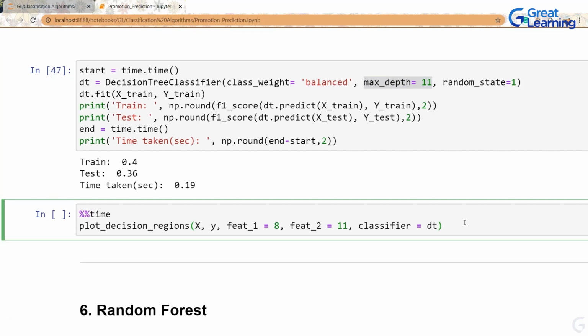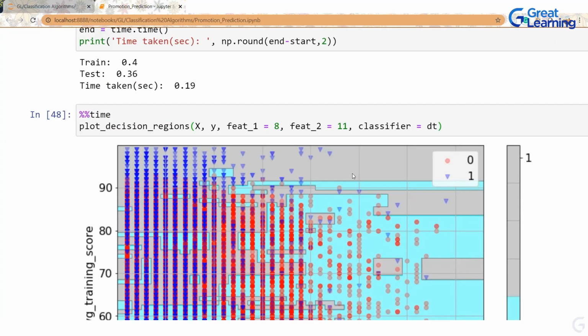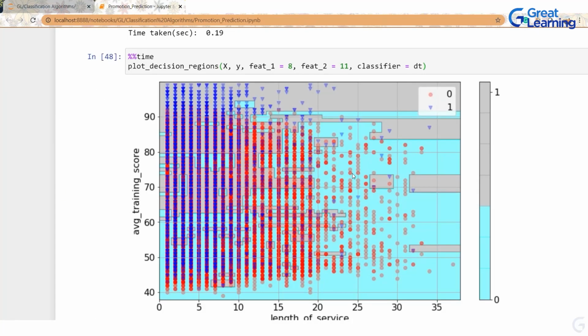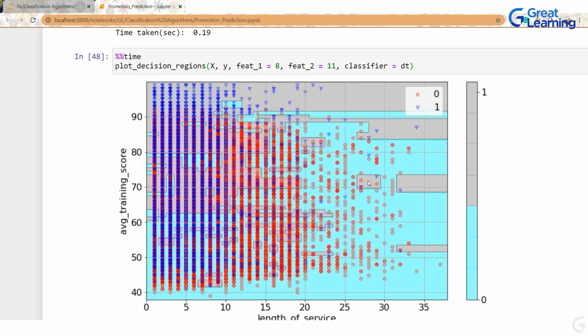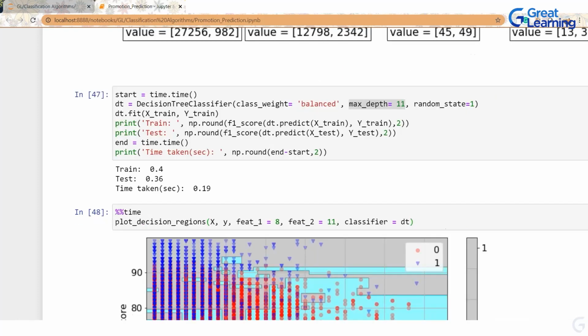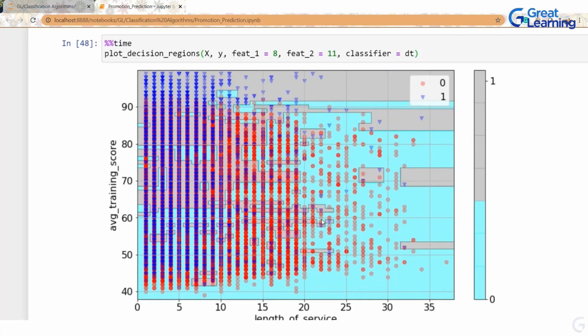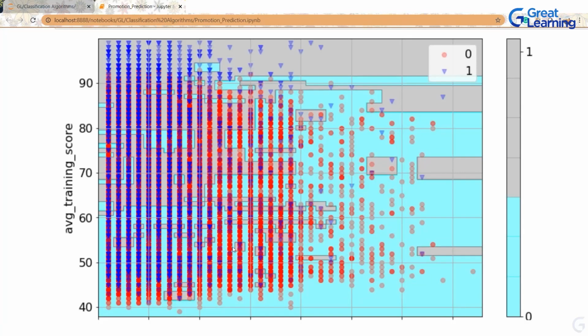Let's understand this with decision boundary as well. Now, if we look at decision boundaries of decision trees, they are in shape of boxes. We take these square decisions, and in a way, like the chart that we were drawing over here, it comes out with values. If x9 is less than or equal to 0.5, then split it. That means these are the kind of decisions which are being taken in a line over here. And again, you see that there are some tiny gray boxes over here, which is again a classic sign of overfitting,